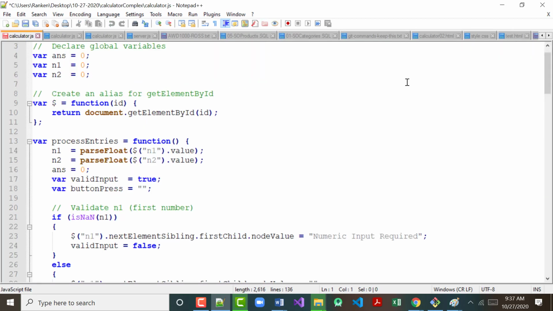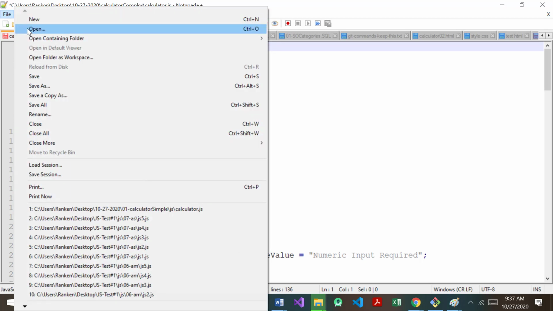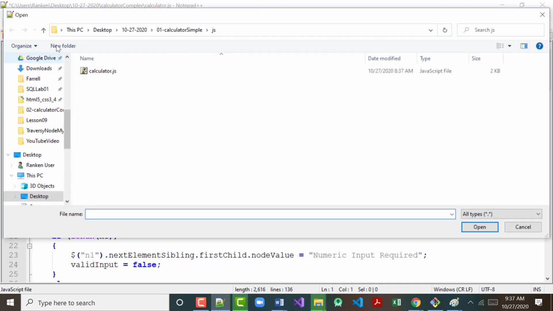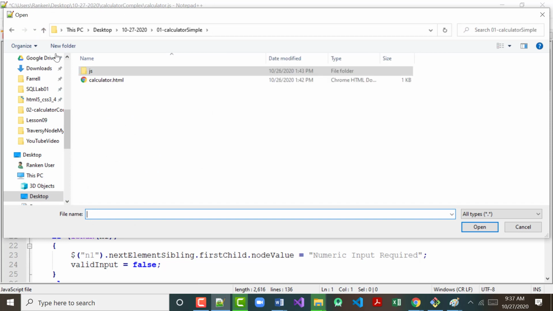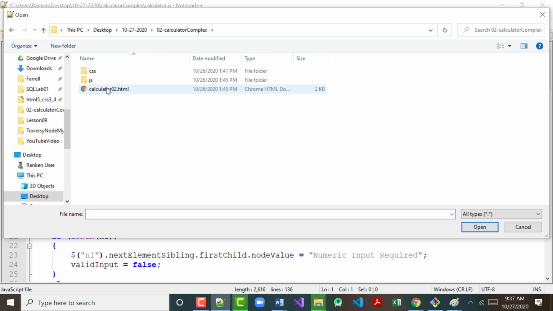I'm not saying that it really and truly is all that complex, but that's what I called it. All right, so let me open this. Maybe it's open already, I don't know. But no, I don't want the simple one. I want the complex one. And I want to open up the